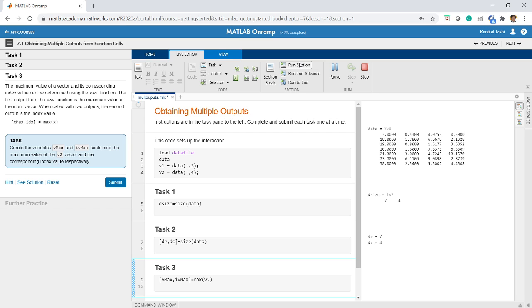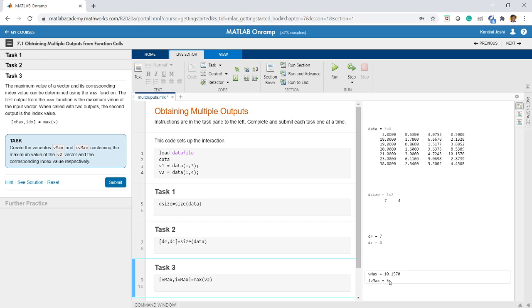I got vmax equal to 10.1570. So 10.1570 is basically the highest value of the fourth column. If you look at the fourth column, the highest value is 10.1570. That is the maximum value, and ivmax is 5. Now what is this ivmax? ivmax is the position of this maximum value in that matrix.